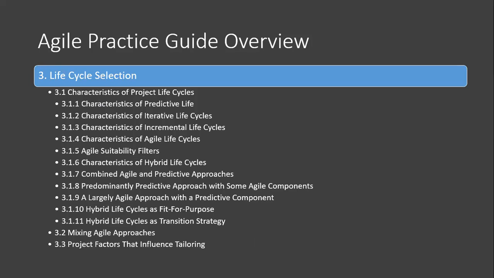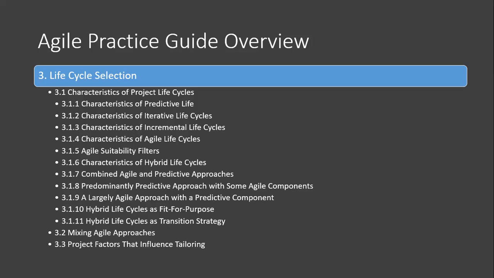And then we go into chapter 3, which talks about life cycle selection. Now, this is going even deeper into what I just said, because you're now beginning to see the Stacey complexity model amped up into the continuum of life cycles. The idea about agile suitability filters, which also leads you to the annex, by the way, of this really cool publication. We also have the different types of life cycles of a hybrid nature: predictive followed by agile, predictive